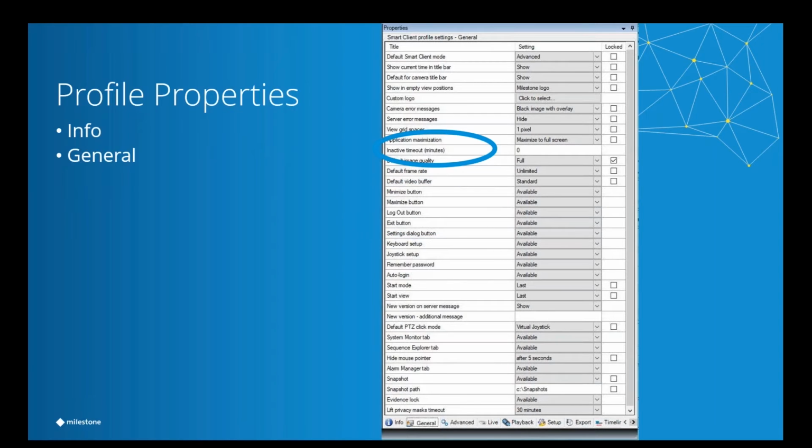Another key element here is the inactivity timeout. This will automatically log that user or group of users that are using that profile out of the system after so many minutes. This is good for security. So if you're not already using an Active Directory timeout on your machine, this can be applied at the Smart Client level. And it also will help you on your bandwidth. So once we time out, obviously we're not pulling those camera feeds,